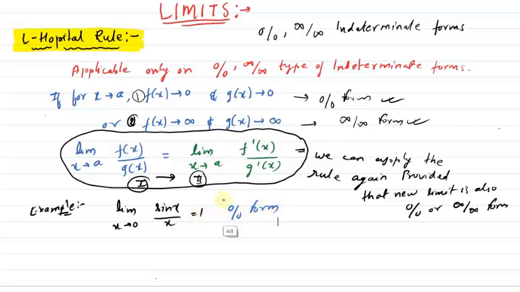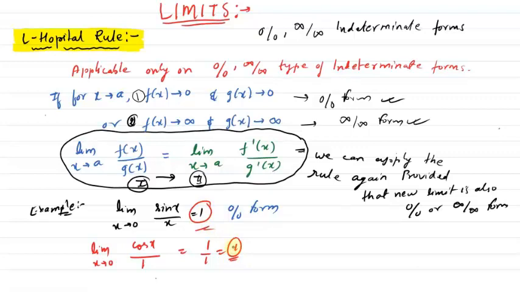So whenever it becomes 0 by 0 form, what we can do is apply the LH rule. We can write this as limit x tending to 0, differentiation of the numerator. Differentiation of sin x will give you cos x, divided by differentiation of the denominator, which will give you 1. Now if you put the value of x as 0, what will it give you? It will give you 1 by 1, or we can say 1. So this and this value are coming out equal, right? So this is how your LH rule works. It will be more clear when we see further examples. So let's move on to more examples on your LH rule.